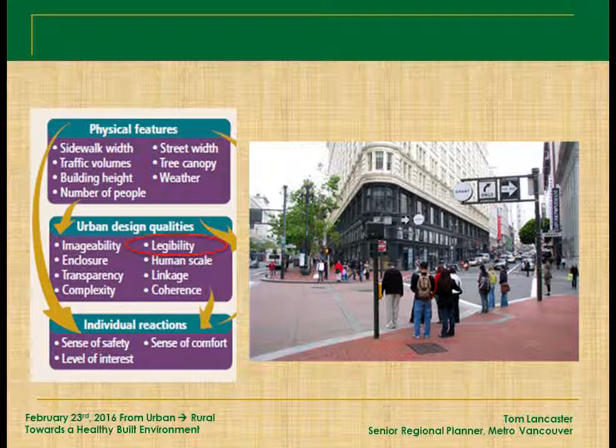Legibility, these are some of the design terms that you dive into a little bit more, but legibility just means when you're standing in a place, do you know where you're going? And do you know what the place is for? If you've ever stood out at, say, like